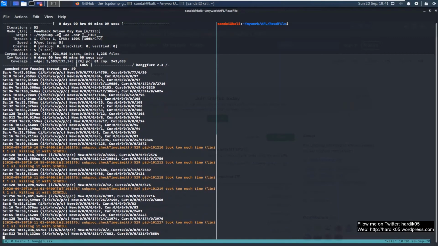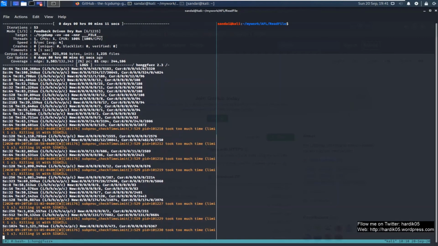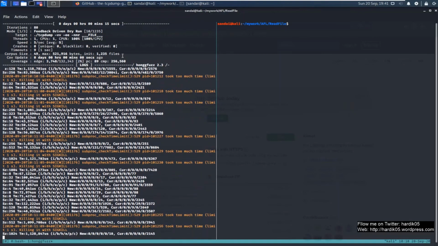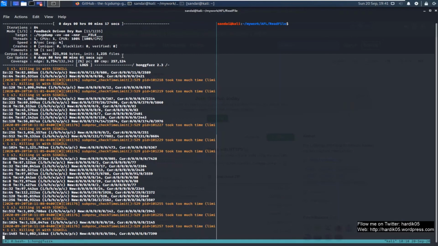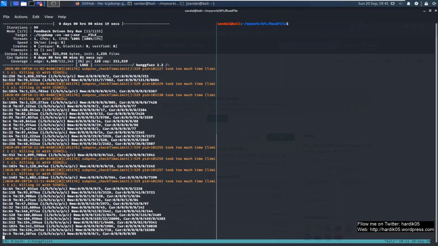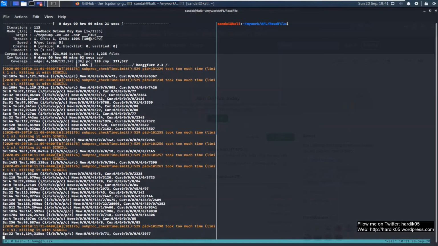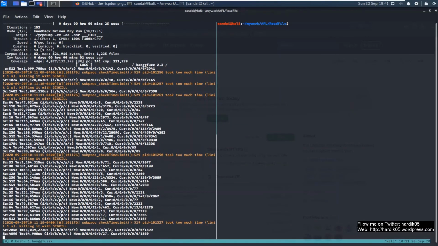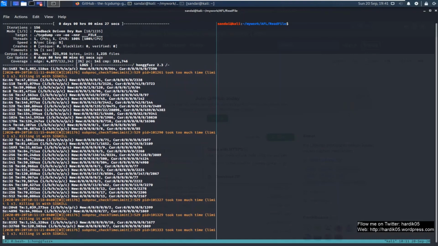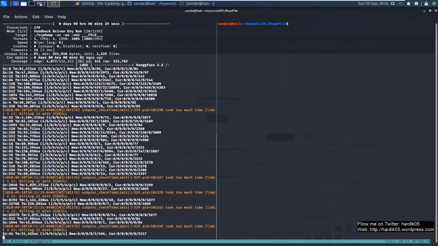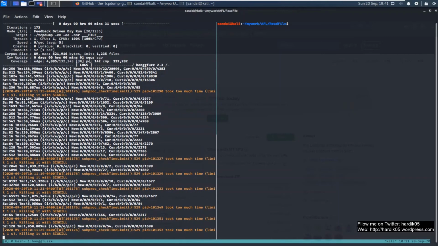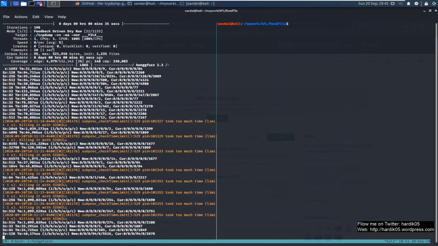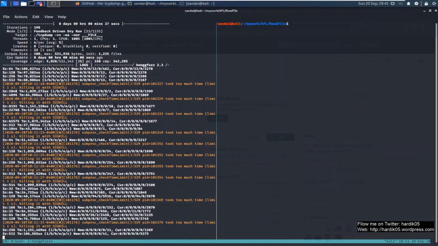This is the command line option over here, and we are only running one thread, but there are options where you can run more than one thread if you have multiple CPU cores. In my case, I'm running it on a VMware, which only has one CPU core, so by default it will run one thread only. But if you have, suppose, 4 or 8 cores, then the default option it takes is the number of CPU cores divided by 2. But you can change it based on the command line options.